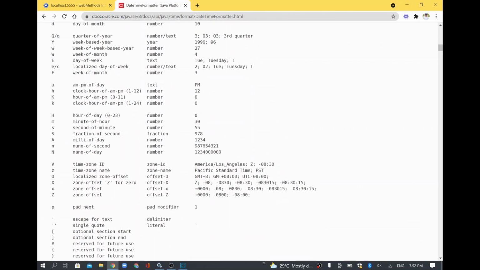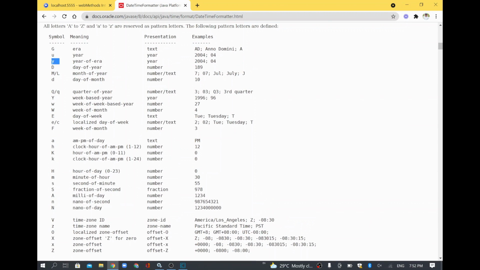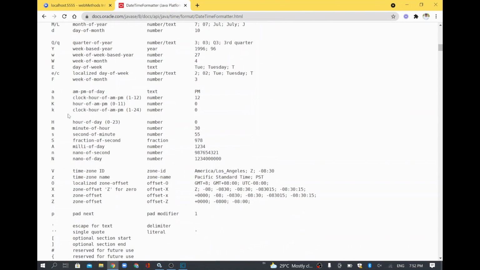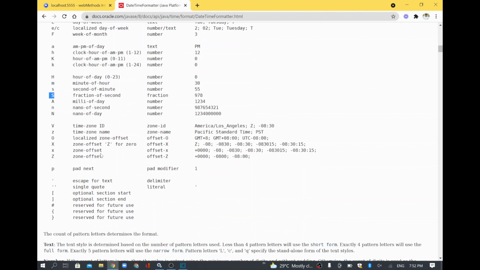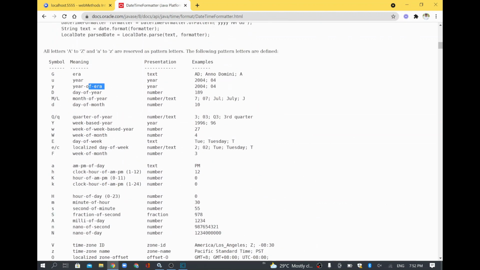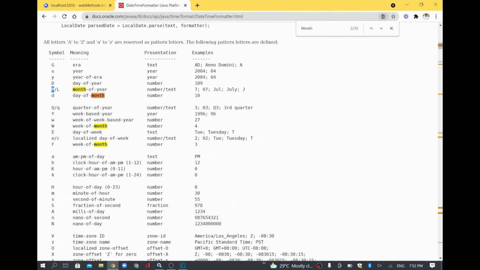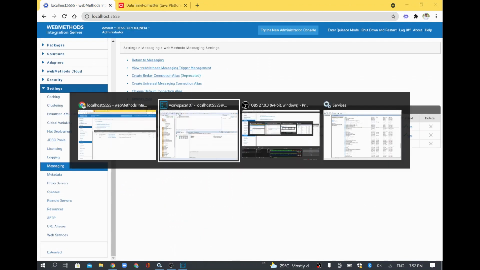So we gave year as small y, right? See here, y is a year. And similarly, we gave minute as small m, and capital M we gave for month. That's a minute of hour. Second we gave small s, and millisecond we gave capital S. And where is the capital M? So I'll just search capital M, or I'll search with month. See, day of month is D. That's why we gave small d, and capital M is for month. So this way you can give different datetime patterns in order to get the datetime